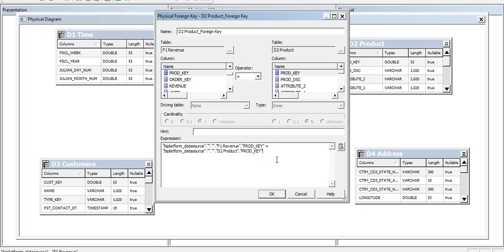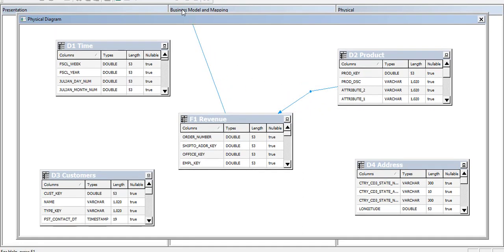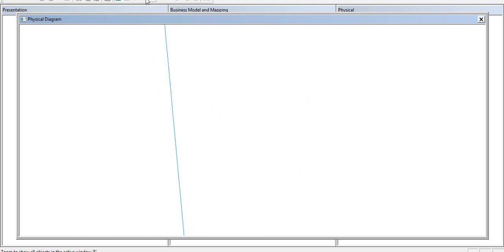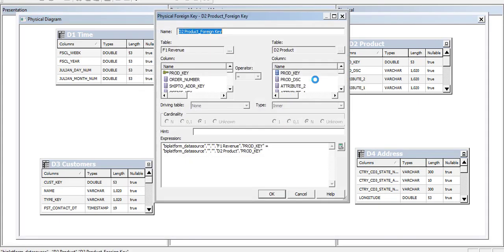Guys, this expression shows only in the physical layer. When we go to the business layer, BM layer, then OBIEE doesn't show the expression. Okay. When we double click, we can check the product key.